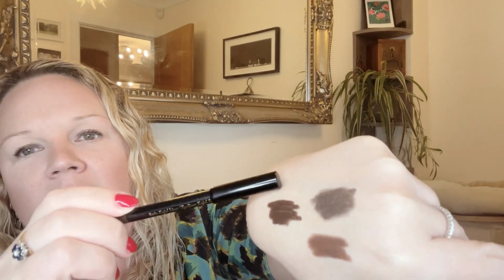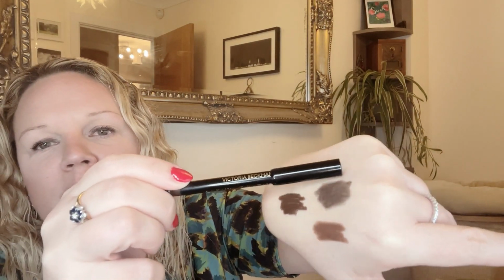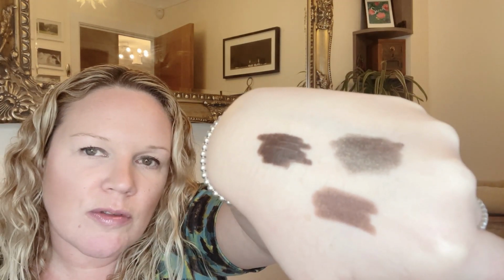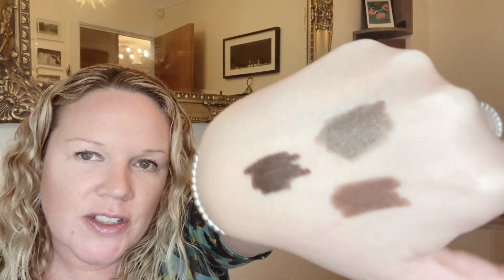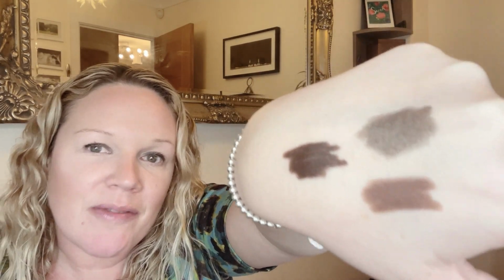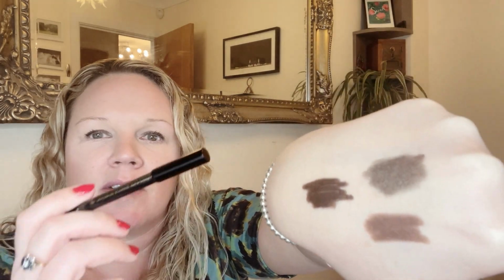So this here is the Cocoa, this is the Smoky Quartz, and this is the Cinnamon. They're all really lovely colours, and just slightly different for different days basically, but I'm really pleased with all of them. I think I would probably say that Smoky Quartz is my least favourite of the three,